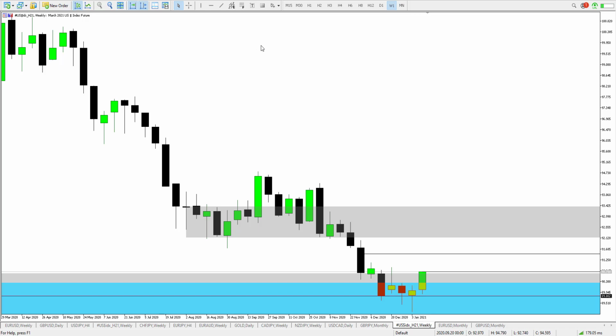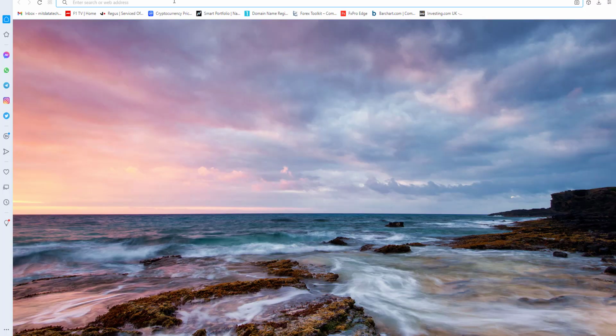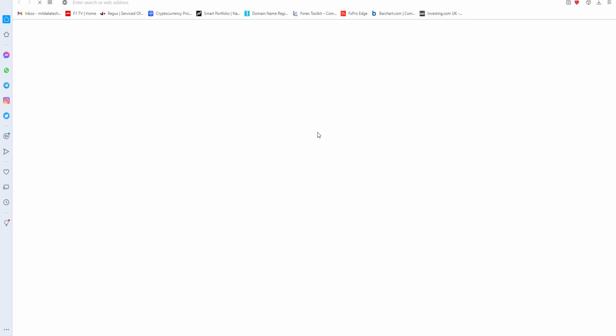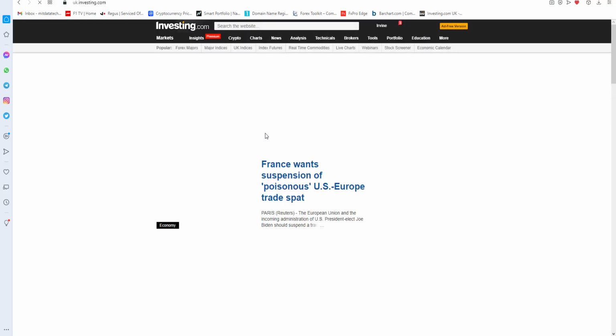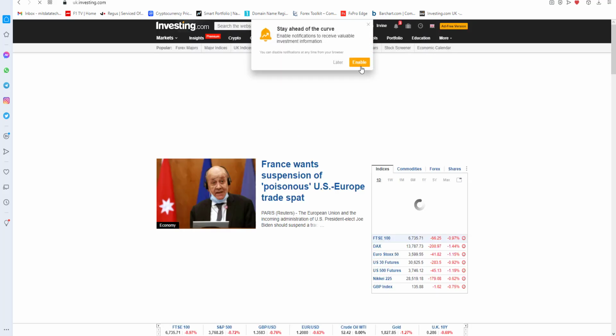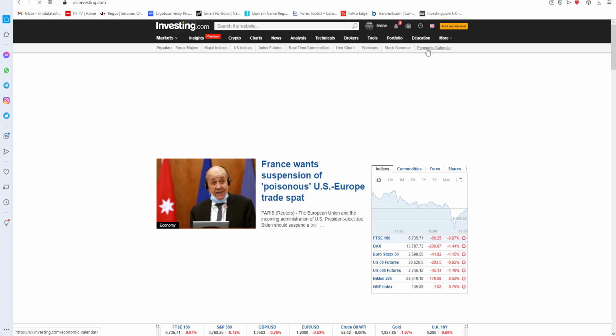to the upside, how then do you approach your setup, right? You wait for Monday's opening price action. You see, this is where it's critical that you wait for Monday's price action. I'm really not sure, but you might need to check your calendar. Let's do that quickly. Let's check the calendar for